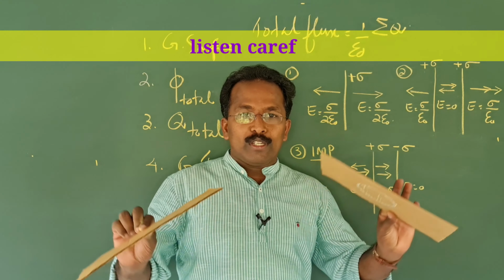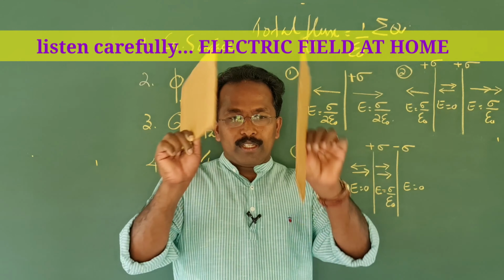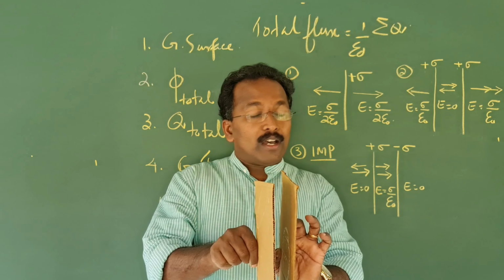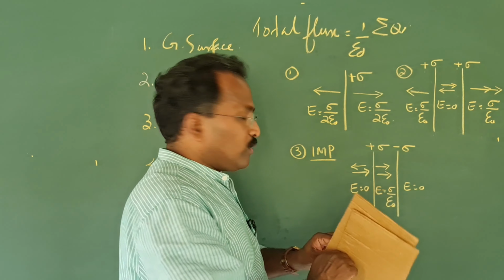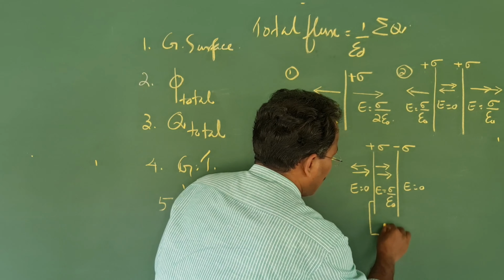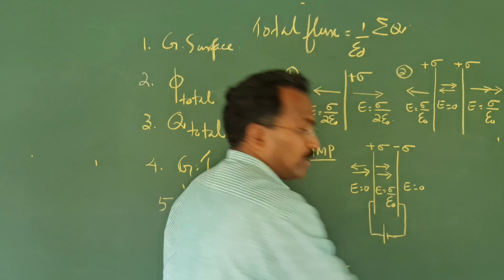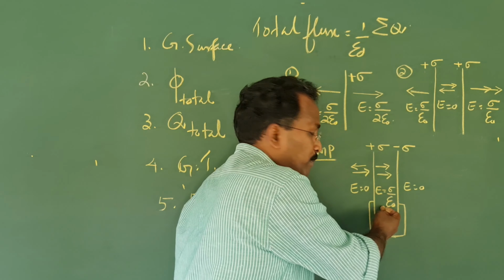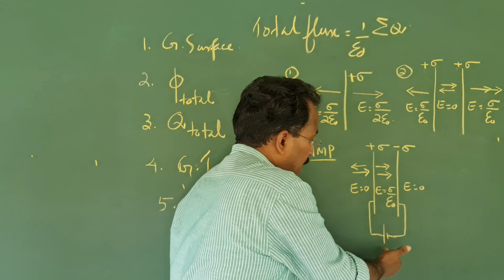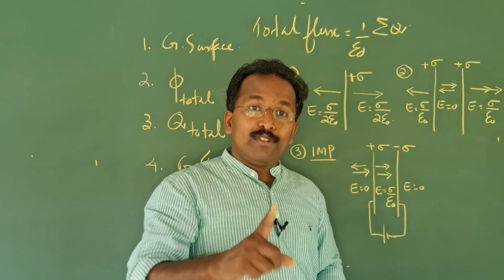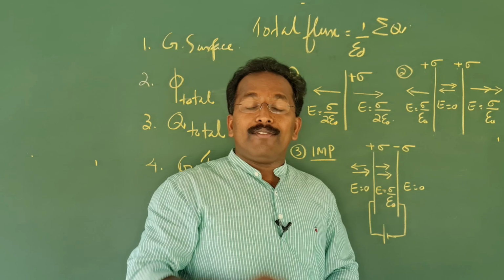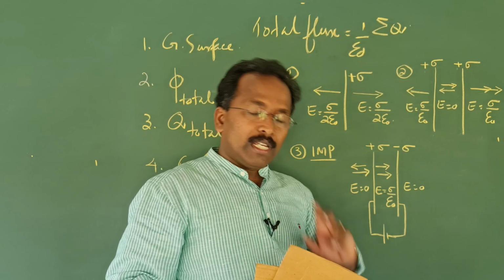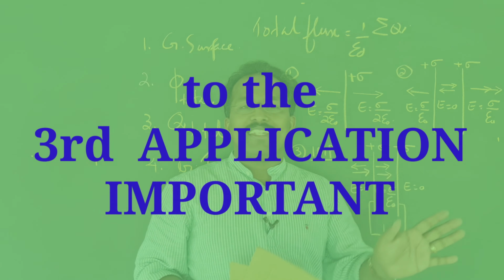What you have to do is, you buy two copper sheets, fix them on an insulated stand like this, and then you give charge. How to give charge? You simply connect a battery to them. You will get an electric field in between. How much electric field will be produced depends on this equation. How it is related to the battery we will be studying in the next chapter. This situation is called a capacitor, which also we will study in detail in the next chapter.